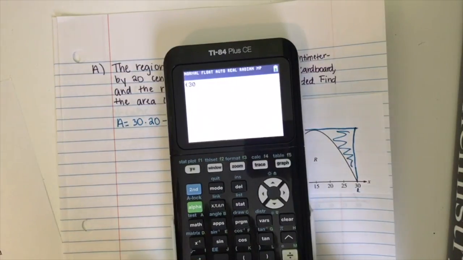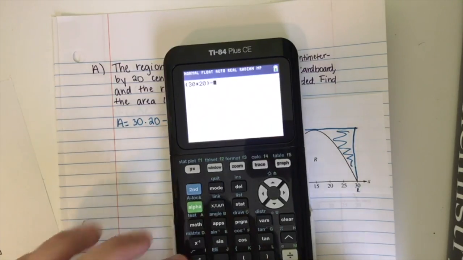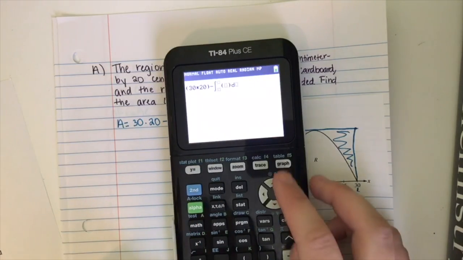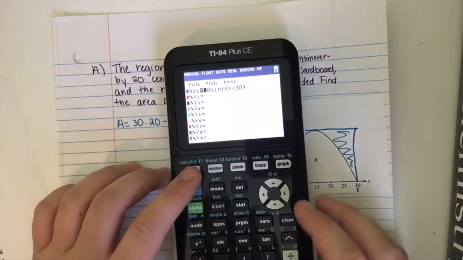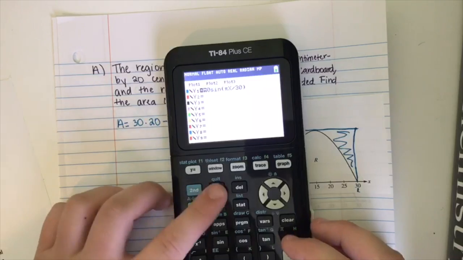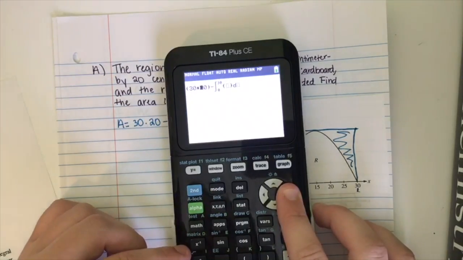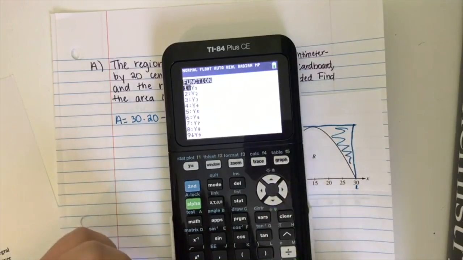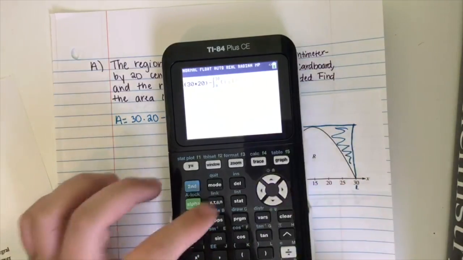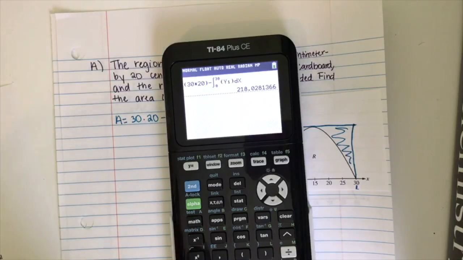Do 30 times 20 minus the integral from 0 to 30, and I already plugged it into y1, so then you can just plug in the function of y1 and integrate, and it gives you